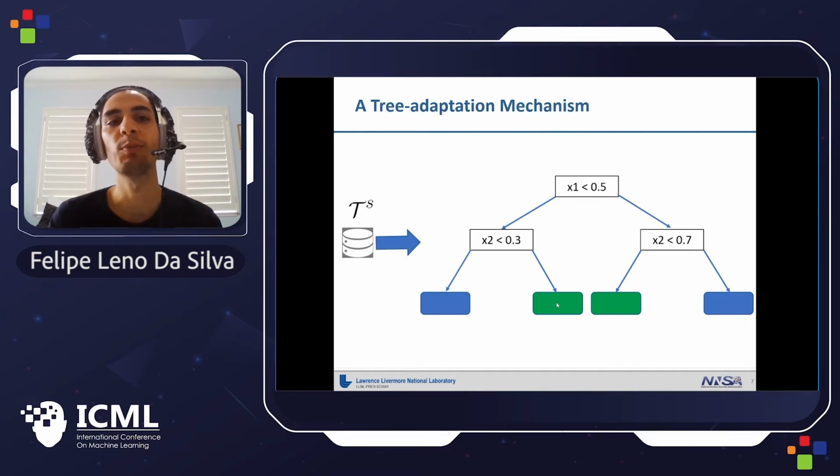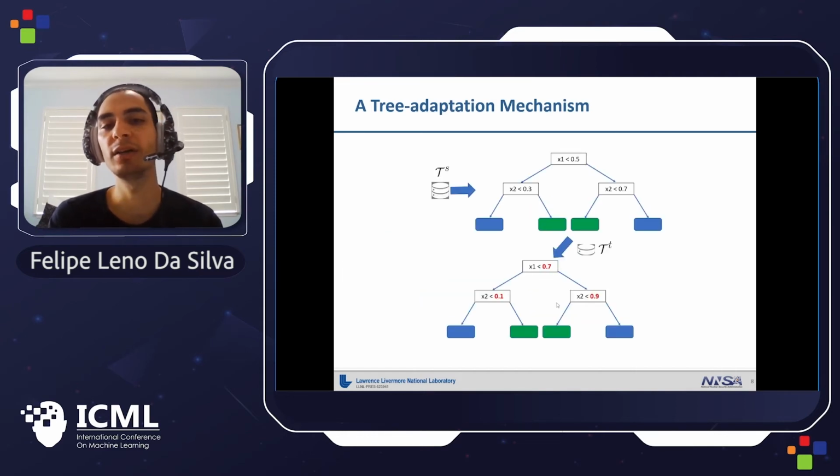And the way we do that is by proposing a tree adaptation mechanism. If you know how decision trees work, basically you have nodes in the decision tree, and each node represents a test. You walk through the decision tree until you find a leaf node, and this leaf node represents the label. And our idea is to refine or change this tree model by recalculating the thresholds, and pretty much change the tests and the way the decision tree splits the data according to the new task that we have at hand.